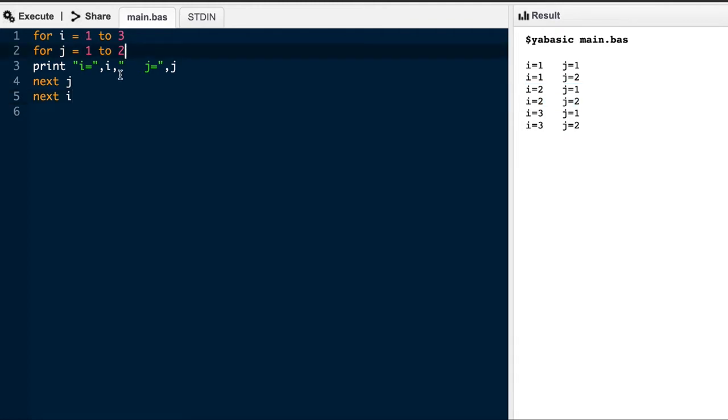Right? I can just increase this to make the effect more dramatic. Say 5. And execute. So what will happen? With I1, I1, I1, I1, J will have its cycle of 1, 2, 3, 4, 5. Right? Guys, can you see that? Then with I2, I2, I2, J will again restart its cycle from 1 to 5, right? Is that clear? Yeah. So we are going to exploit this kind of situation in putting the star. Is that clear? This is called a nested loop.